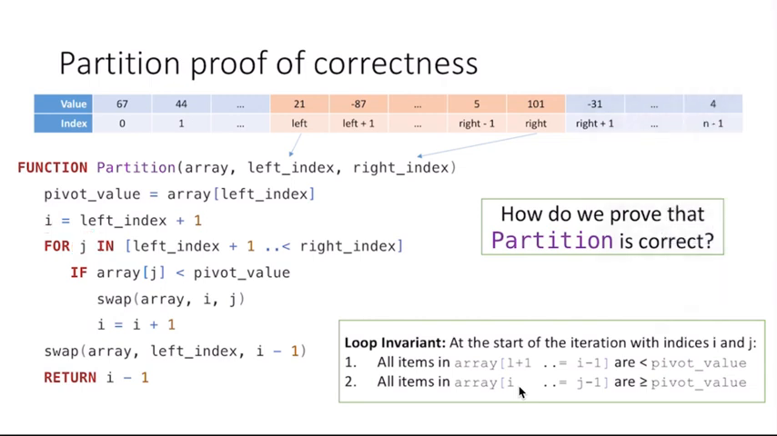all the items in the array from L plus 1 up to and including i minus 1 are less than the pivot, and everything from i up to and including j minus 1 are greater than or equal to the pivot. So this is the smaller than partition, this is the greater than partition, and a couple of things that I've